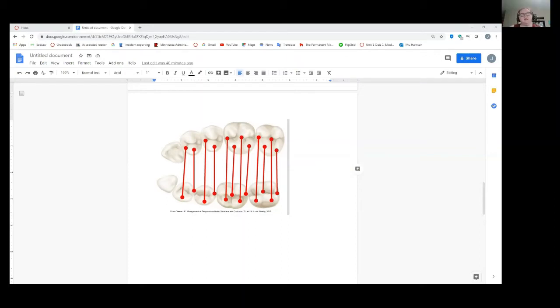So that's actually called linea alba, okay? And that is actually due to clenching and grinding at night. Something you guys will learn a bit about, especially when you're in clinic, because Lindsay, you are going to see that a lot. When you see pronounced linea alba, like it's really sticking out, what you're going to then look for is the tongue. Because if they're clenching and grinding, you're going to see linea alba, and then the tongue is going to be scalloped on the sides. Okay? And those are classic signs of clenching and grinding.